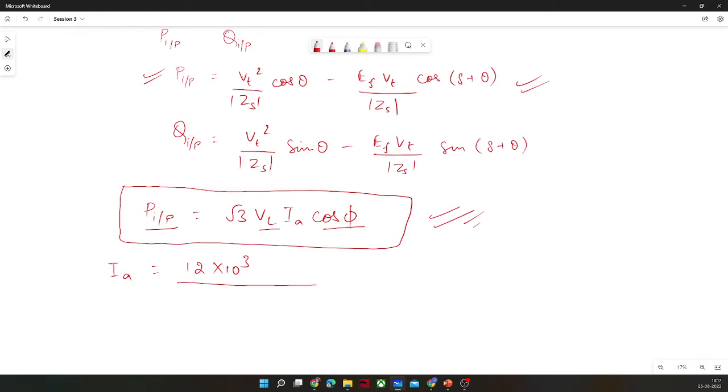IA is equal to P input divided by root 3 VL cos phi, which is 12 kilowatt divided by root 3 into 400 volt into cos phi, which was 0.8. And this would come out to be, I guess, 21.65